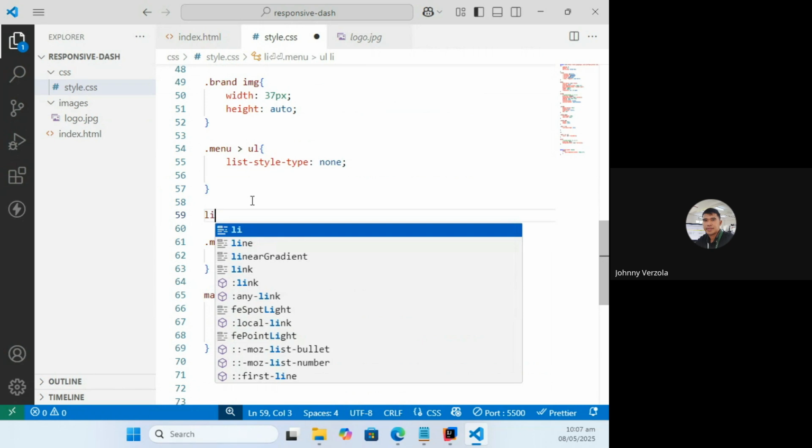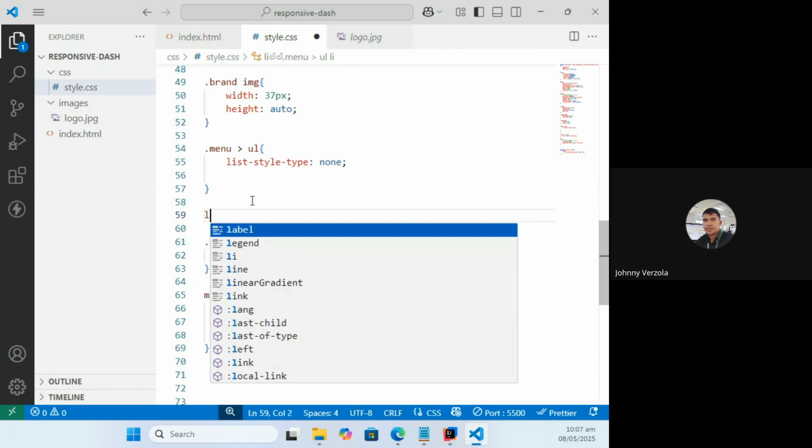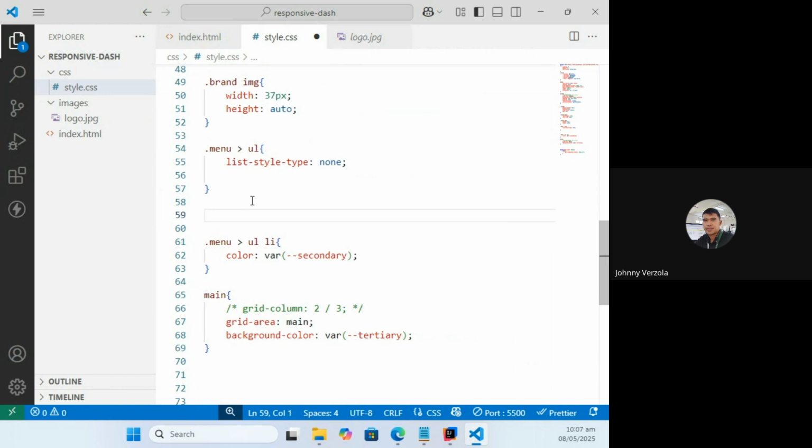I might target other LI located in different locations of the page. Now, I want it to be specific. I have to reference even the parent or grandparent, whatever. So what we do here is I'm referencing that menu, and then the child, not grandchild, great grandchild, whatever, the child UL and all their LI.